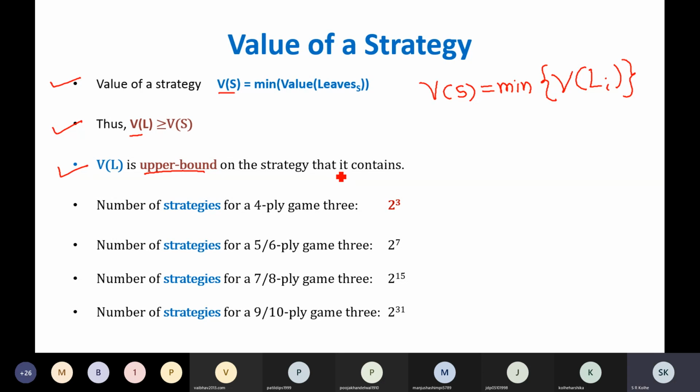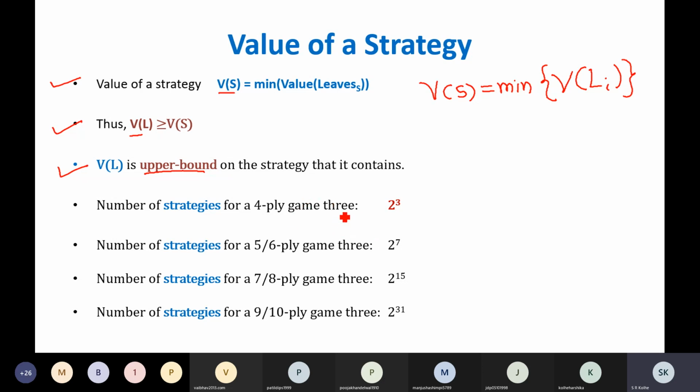So if you get something greater than that, why is this important? If you come to know that a greater value is available, you are going to ignore it because you have already defined the upper bound. So if something is greater than this upper bound, you can of course ignore that. That is useful. That is the heuristic information we are going to use in the SSS star algorithm. And that's how it is claimed to be more efficient than the alpha beta cutoff algorithm.